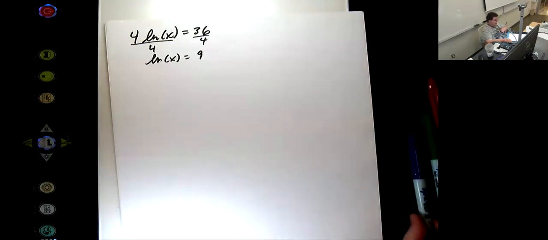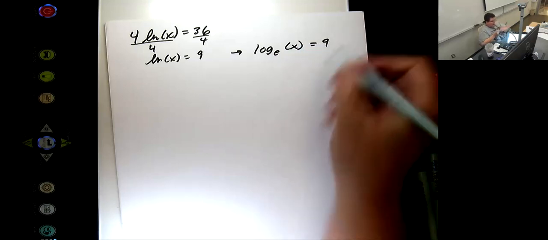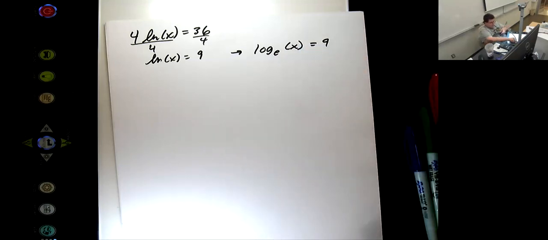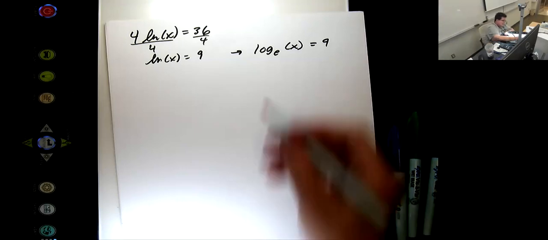Now, how we get rid of a natural log or a logarithm is, I'm gonna rewrite this as log base e real quick, because this next step holds regardless. Whatever this base is,